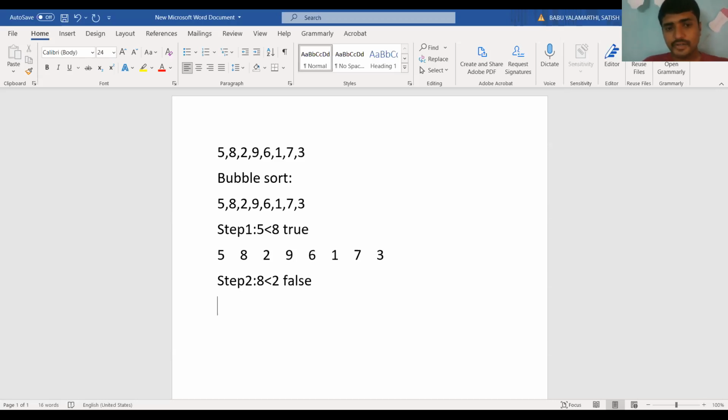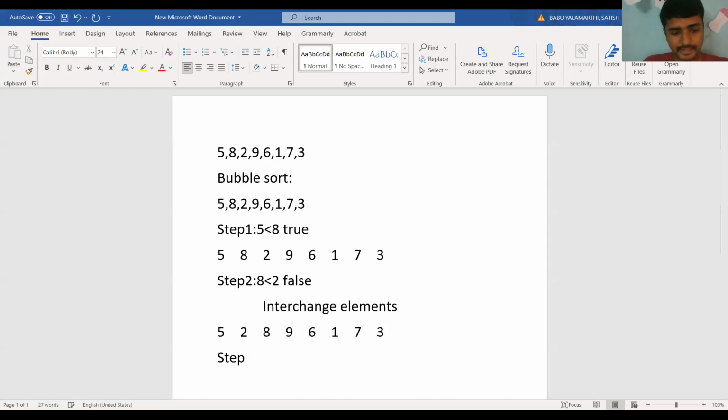That means we have to rearrange the elements. We have to interchange the elements. That is, 2 and 8 are interchanged: 5, 2, 8, and the remaining elements are as they are: 9, 6, 1, 7. So this is the second step.